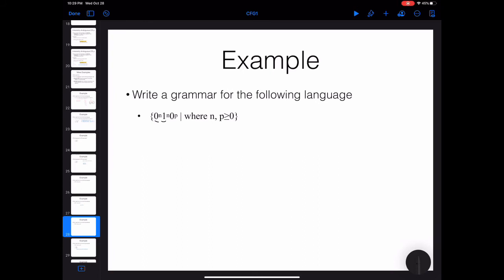I can think of it as a concatenation. You have a string which we know is context free. I can write down a grammar for that, and I can create another variable which is responsible to generate this part. So a grammar for this one can be written as S goes to A B,